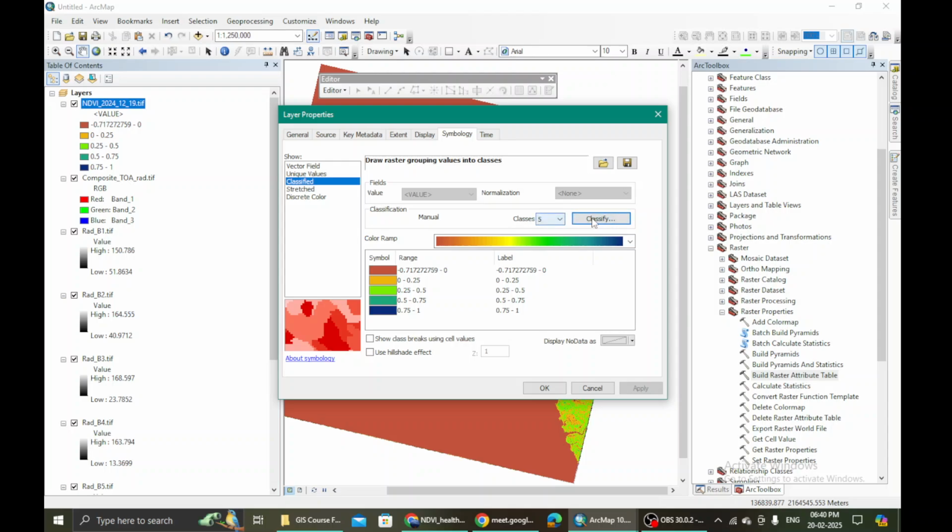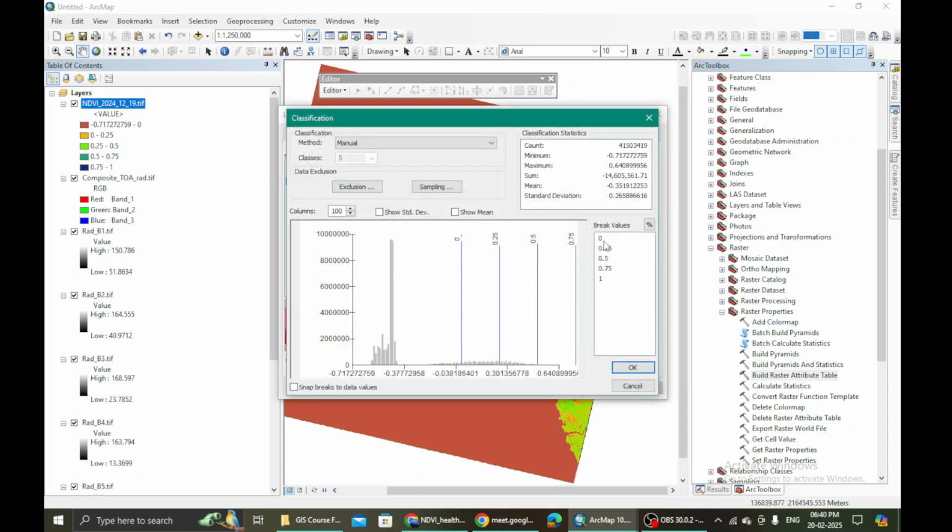See this, five classes, and then again classify. Some classification values will be already made based on natural break, but then we don't want that. We want to give our own scale or our own intervals. For that we go to classify, and we give all these classes, because our values are ranging from -1 to +1.